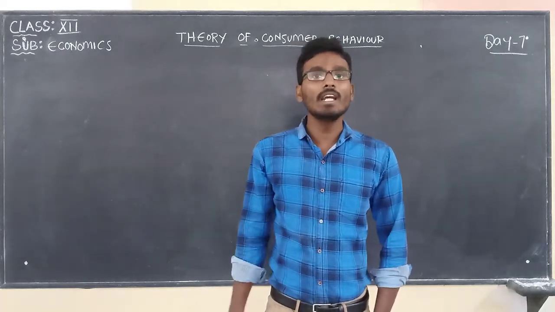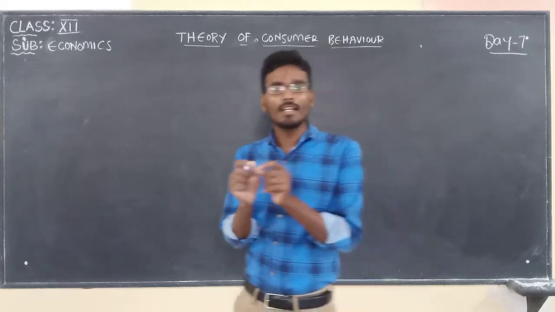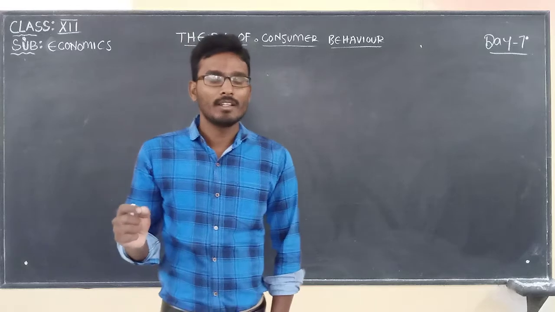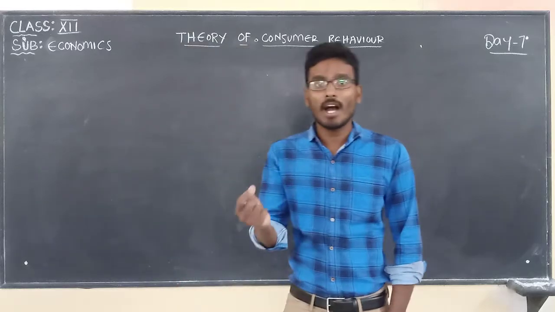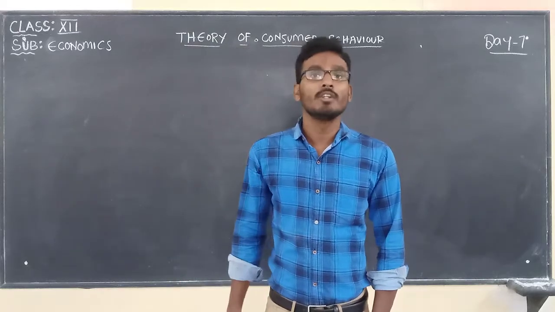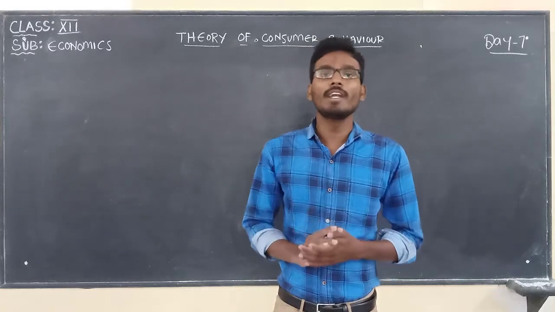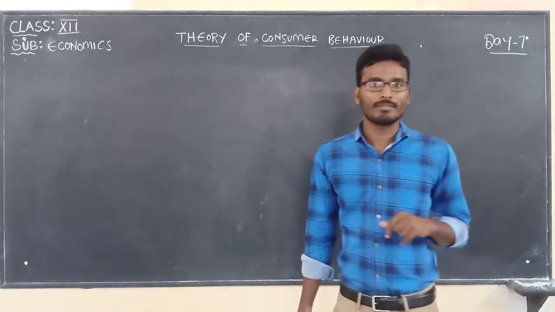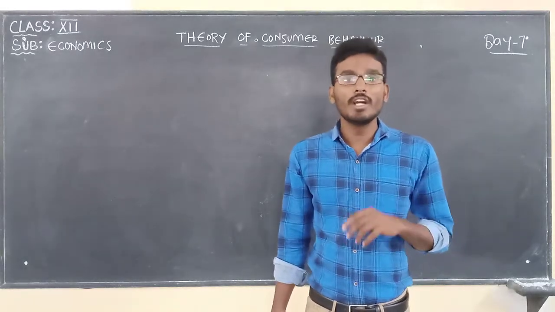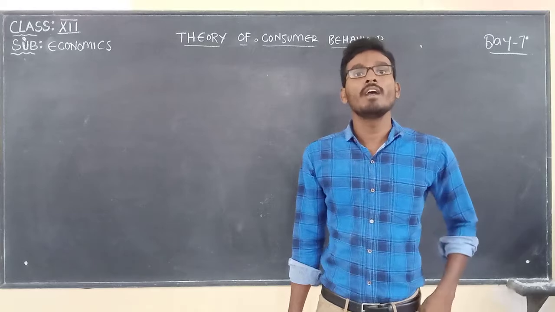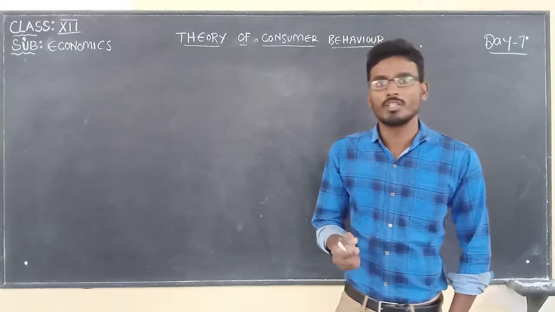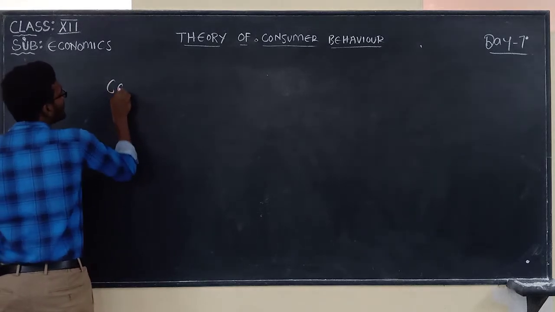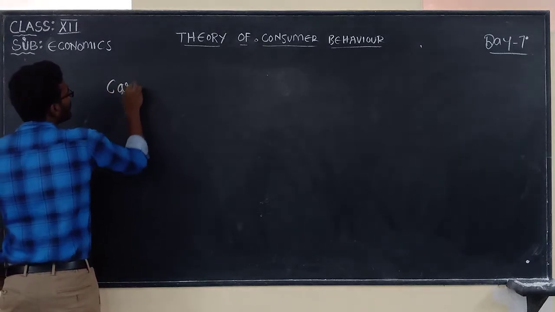So while we are dealing with utility, first of all, what is utility? The want satisfying power, the want satisfying capacity of a product, that is known as utility. So now how can utility be measured? In two ways utility can be measured. One is the cardinal utility approach, the second one is the ordinal utility approach. So in this class, let us discuss the first approach of measuring utility, that is